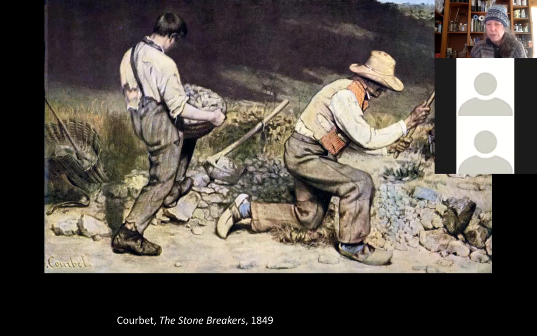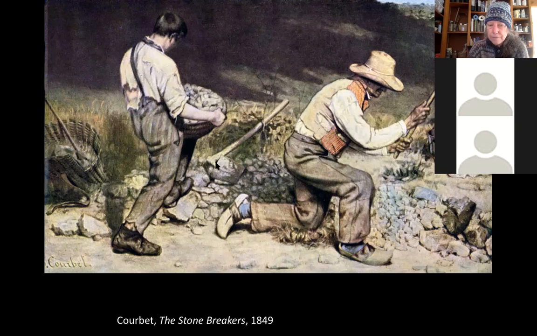And so the two people in this painting, one is a sort of older man and one is a boy, and they're doing this really hard work, presumably because they can't get any other work for various reasons. And you don't even see their faces really. I mean, in a traditional painting, the emphasis would be on the face and the hands. But Courbet has treated the entire subject matter with the same amount of attention and care.